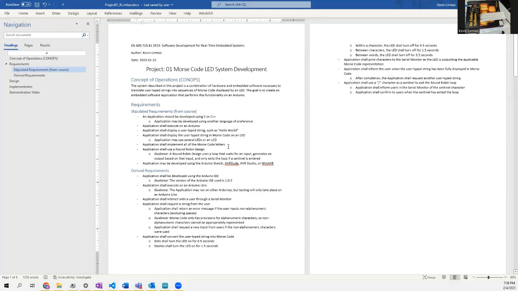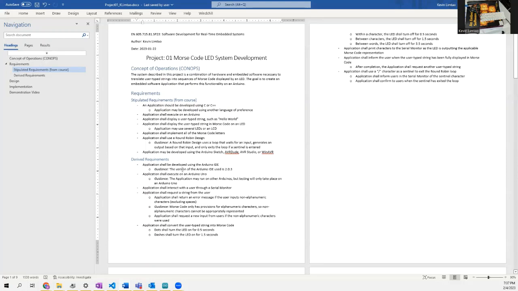The application is going to implement all of the Morse code letters. I've also included extra functionality for Morse code numbers as well. I'll describe how I did that. And the application shall use a round-robin design, and it may be developed using Arduino Sketch, AVRDude, or some other IDE. In my case, I decided to use Visual Studio Code with the Platform.io extension. Some derived requirements: I actually did spend a little bit of time developing this using the Arduino IDE, and